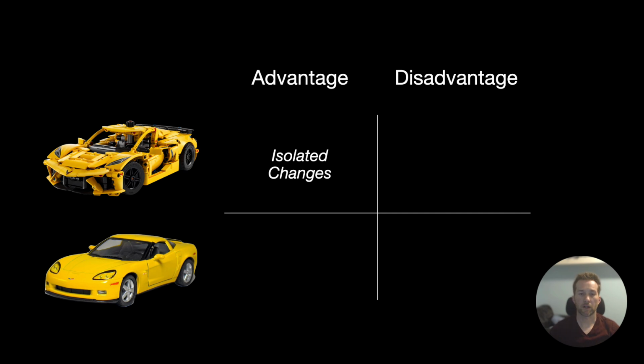On my Lego car, I could change the style of the doors, the style of the fender, or the spoiler without having to change anything else. This isn't the case with the highly coupled die-cast car. Trying to make a change is more expensive because it cascades to all the pieces around that change site, not just the part I wanted to change.